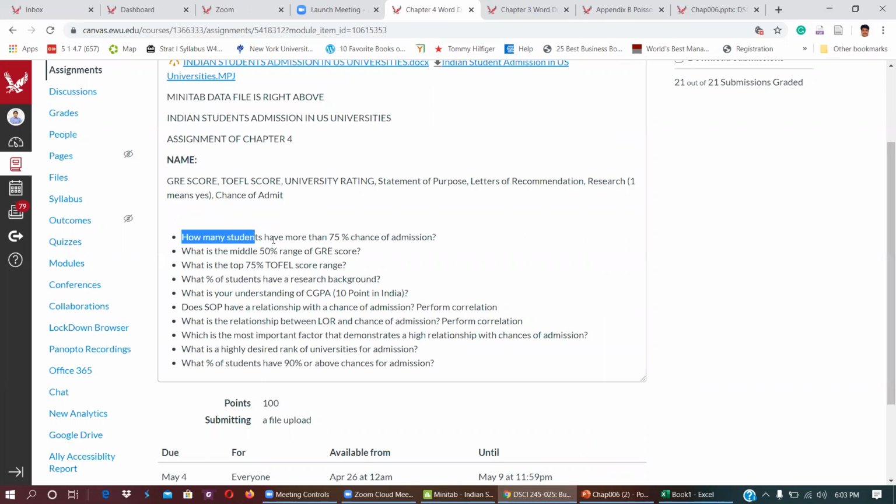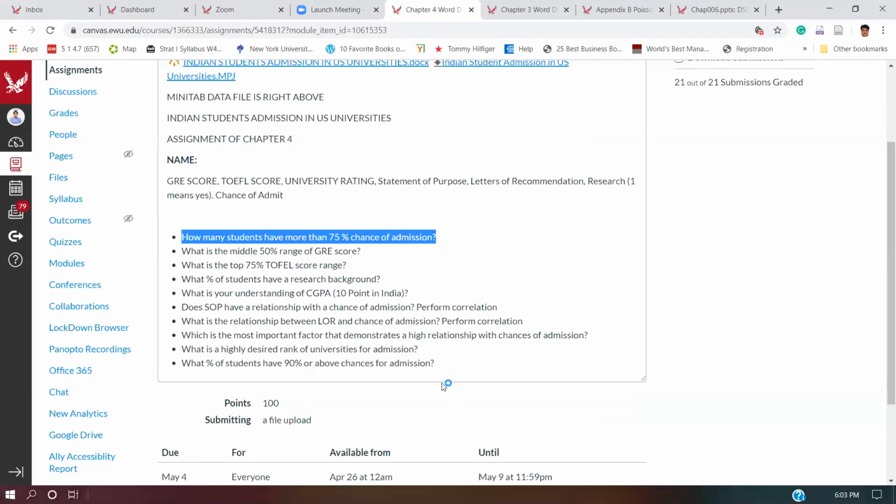How many students have more than 75% chance of admission? So this question can be answered using...